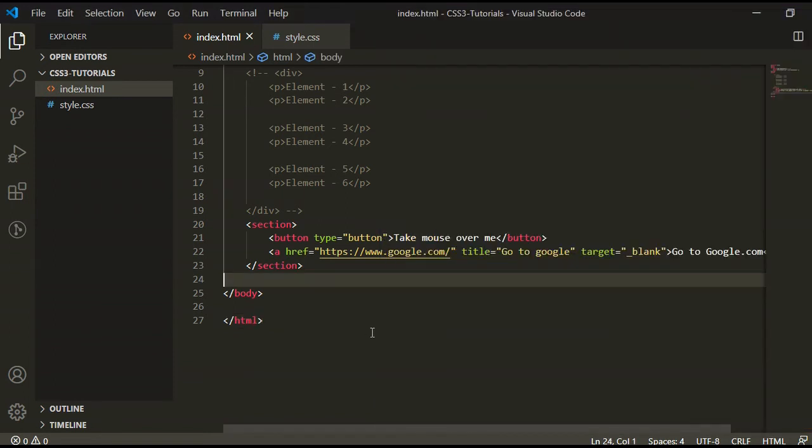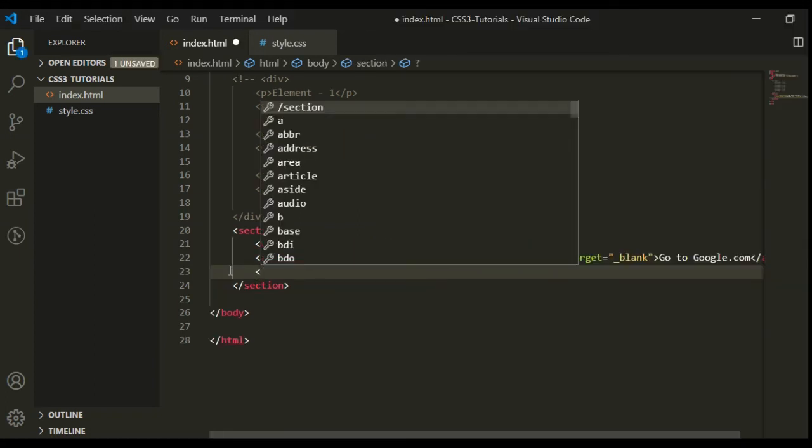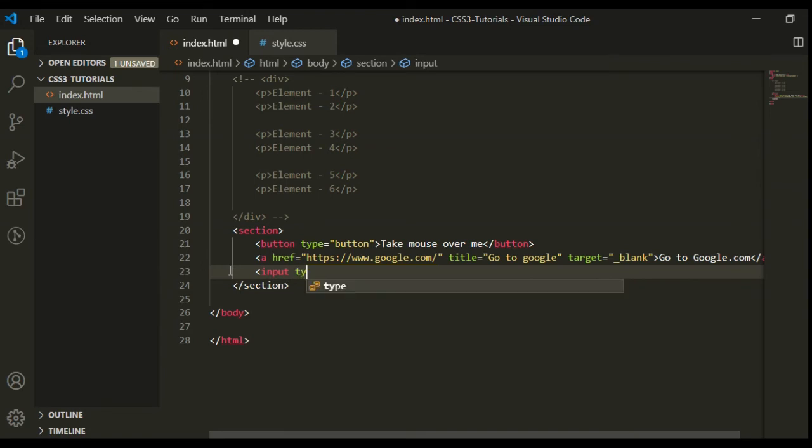So we will see some more pseudo classes in our example. Now we will use next pseudo class to get the special state of focus for input field. So let's take input element, type is text.